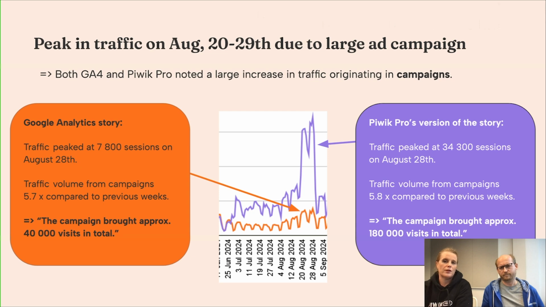But when you look at the Piwik PRO version of the story, where you capture all the data, we can see that the amount of data was much, much bigger, and that the campaign actually brought about 180,000 visits in total. And now at this point, I can tell you that we have scrambled the numbers a bit, but the shape of the graph is intact. Just to also keep the customer anonymous here.